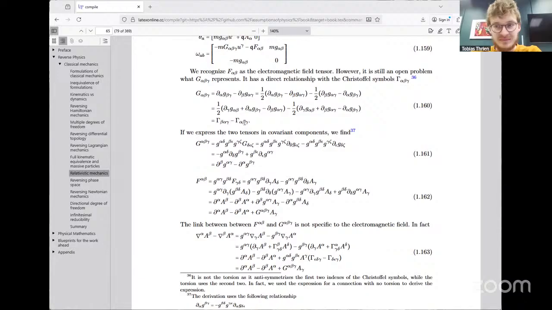Mm-hmm. Okay. And then, as I say in the footnote, this is not the torsion. A lot of people see this and say, oh, that's the torsion. No, because the torsion antisymmetrizes the second two elements. Okay. If we express the two tensors in covariant components, we find that